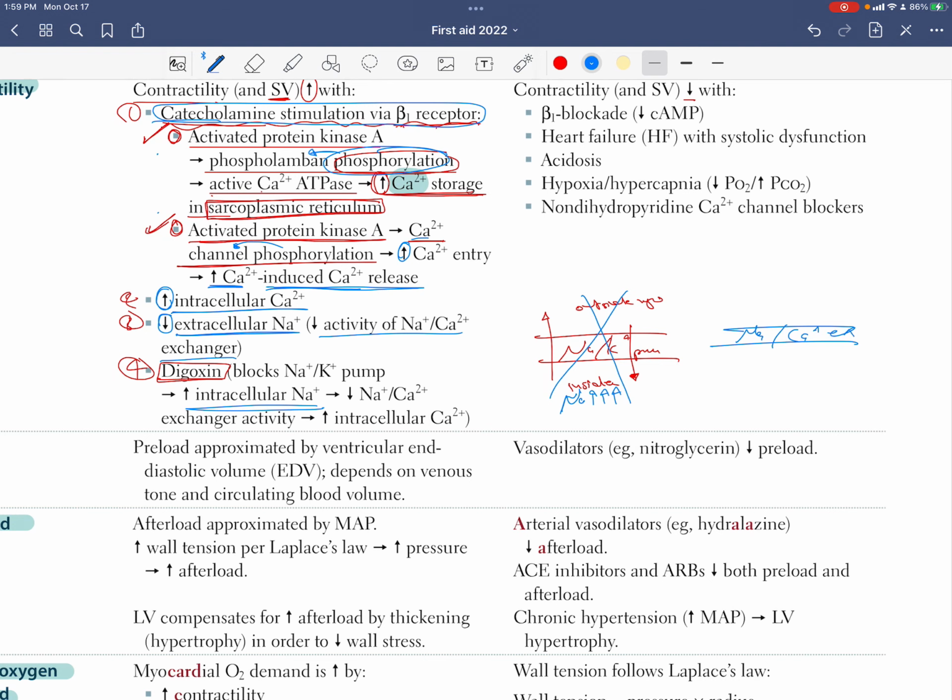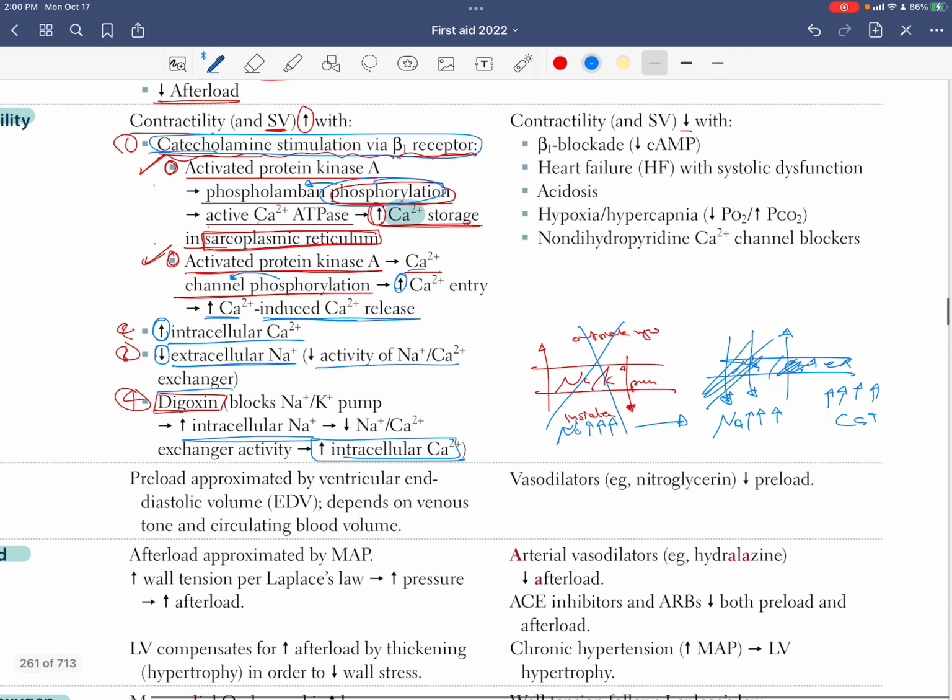So that means the other channel that we talked about, the sodium calcium exchanger, which is supposed to take in sodium and put out calcium, would already find a lot of sodium inside because of this. So there's no need to have more sodium coming in from the outside to the inside. So the calcium by itself is also not going to work, and that would lead to an increased intracellular calcium concentration. These are the effects that would increase the contractility.